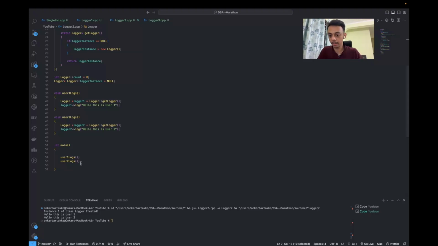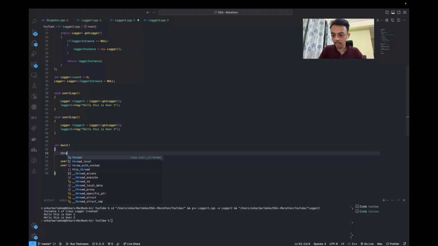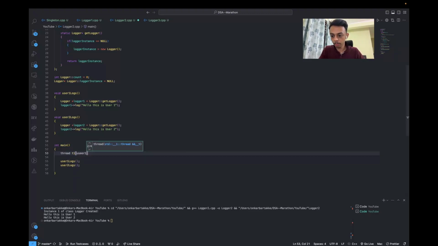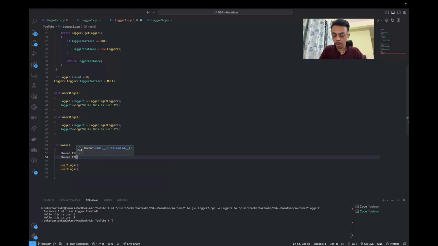Let's try to do that. Let's try to intentionally break this code. Okay, so here I will have my thread 1 and I will pass the user1 logs. Similarly I will create thread 2, thread t2, and pass the user2 logs.